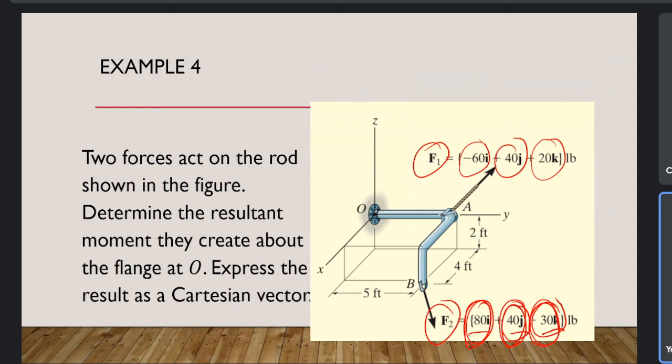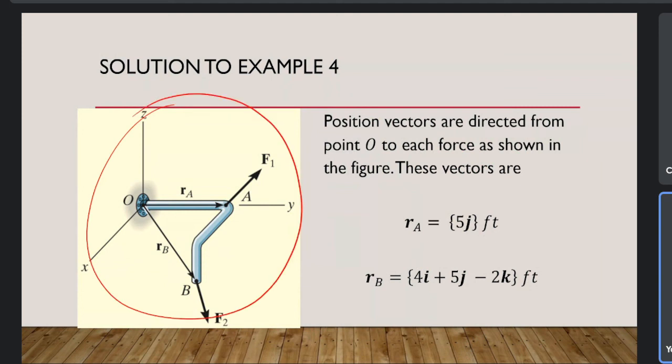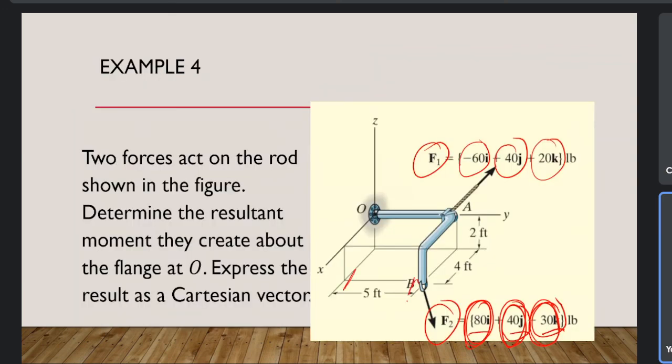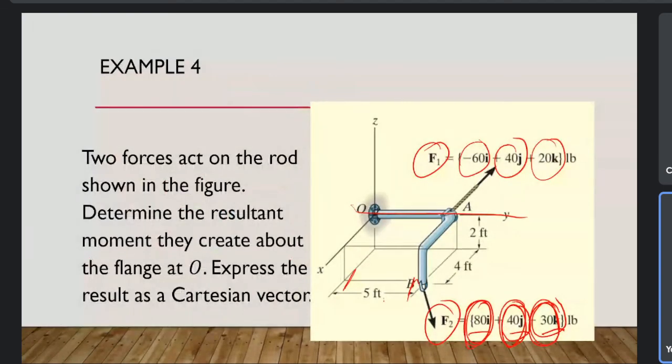So how can we find? Draw the free body diagram. When you draw the free body diagram, it will form in this way. So first find the R. Assume the distance from point A to the force F1 is RA. Then the distance from point O to the point where force 2 is applied is RB. So RA, that is simple. It's given the total distance, that is 5 feet. It's along the y-axis, so we can write 5J